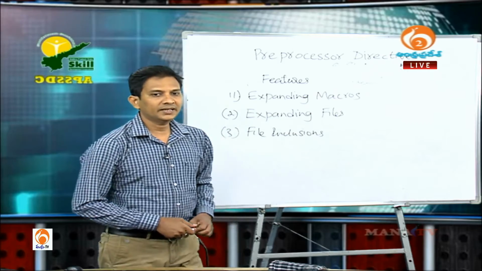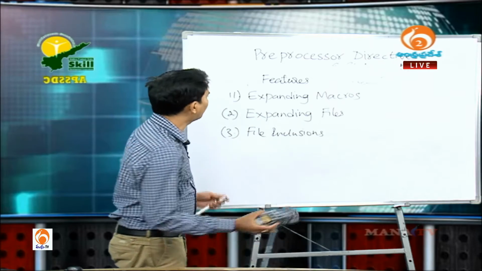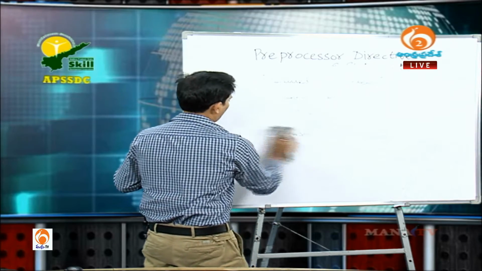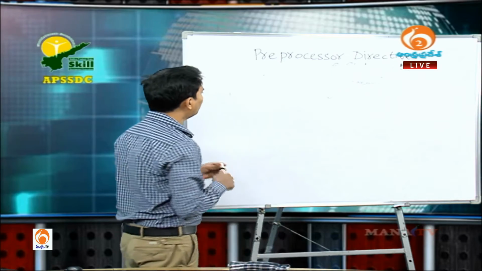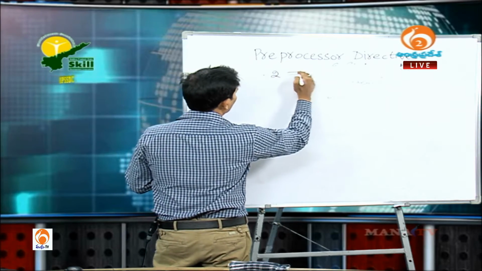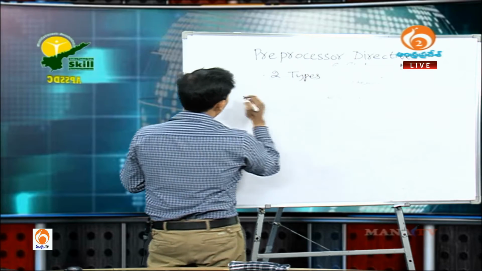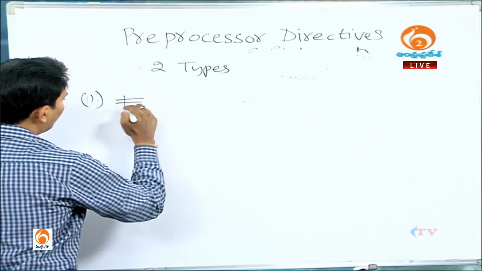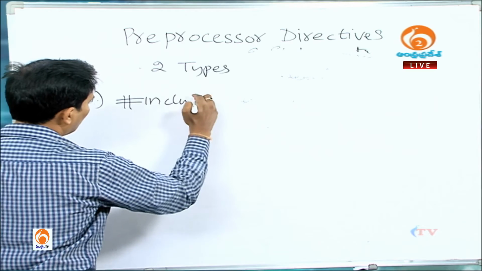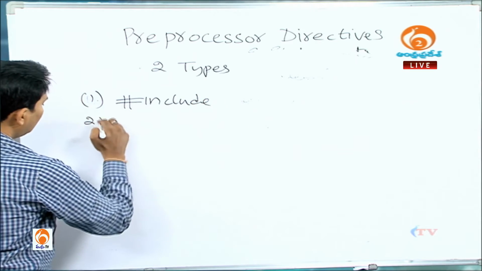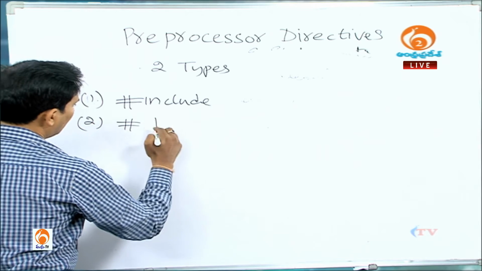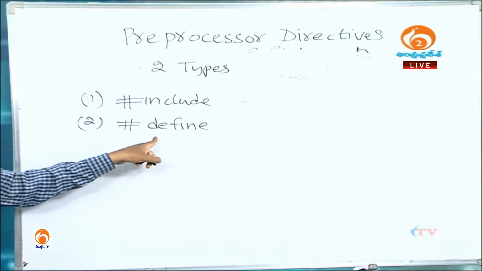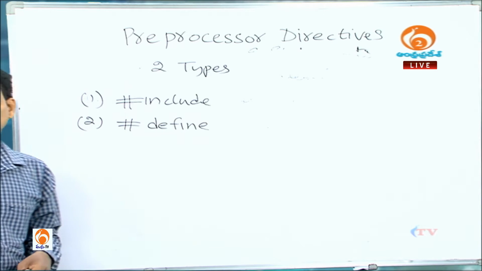So generally in preprocessor directives there are two types. One is hash include, second one is hash define. Hash include and hash define, these are the two types of preprocessor directive we use while we are writing the